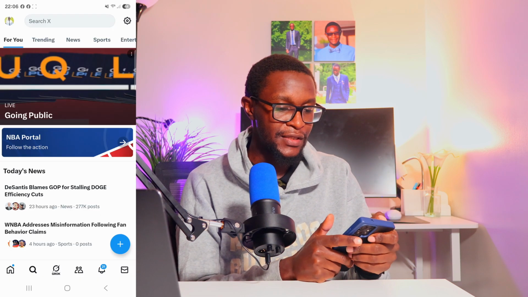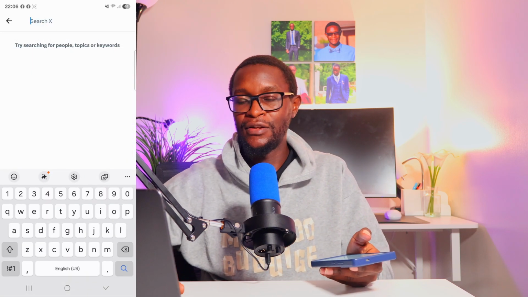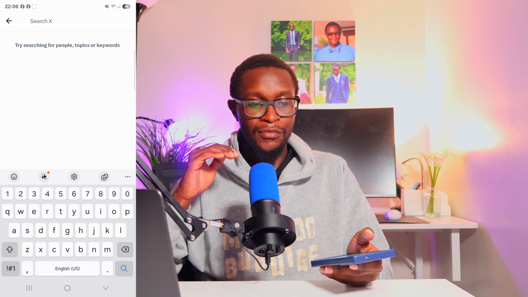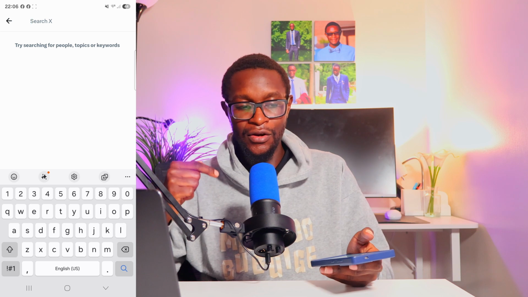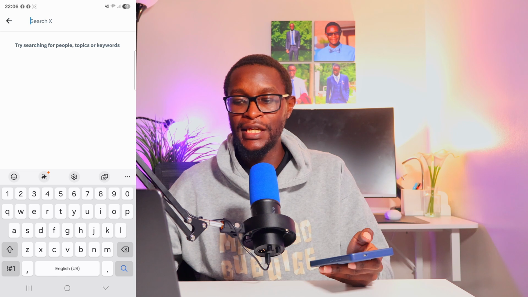So without further ado, let me show you how we are going to use X to get these opportunities, and show you the right keywords to search. I've opened my X account, and I'm going to go into the search bar and type something. Let's start with application fee waiver. What to note is that these opportunities mostly come towards the application period.